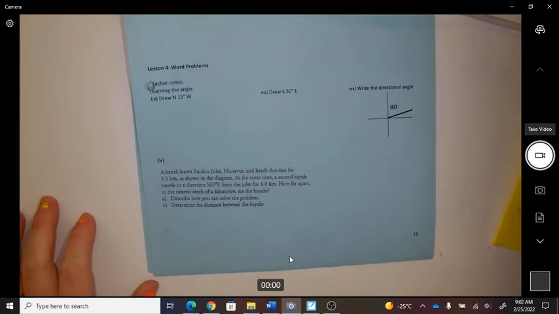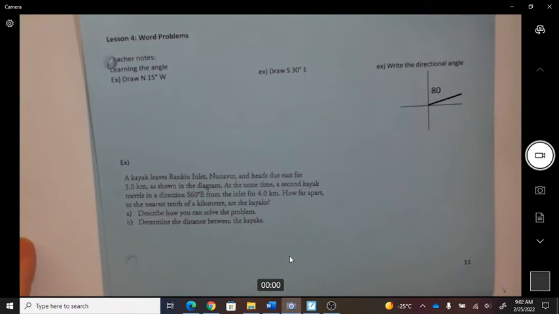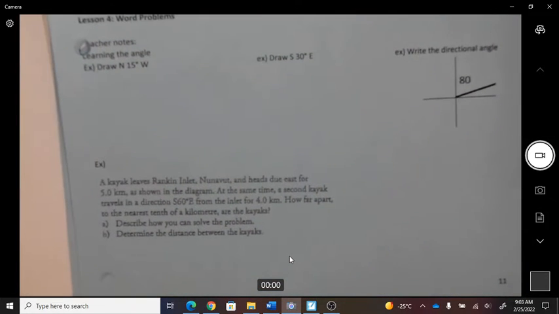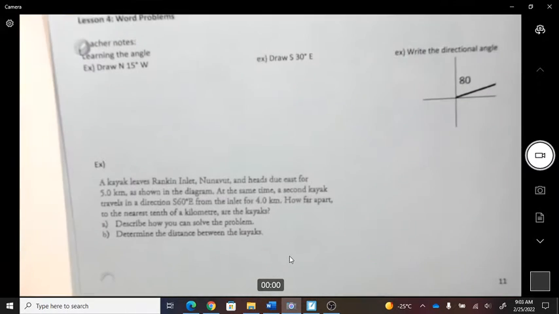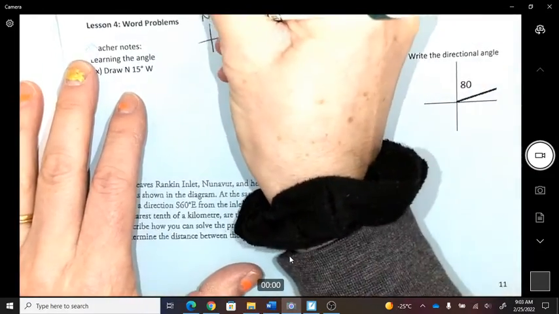We need to start with understanding what directions are. Do you know what a compass would look like? Do you know on a compass where north, east, south, and west are? Okay, so in a compass, north is on the top,